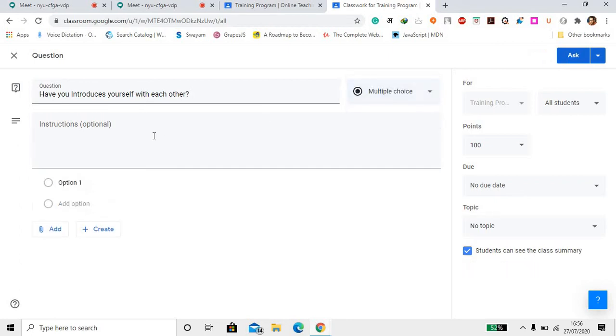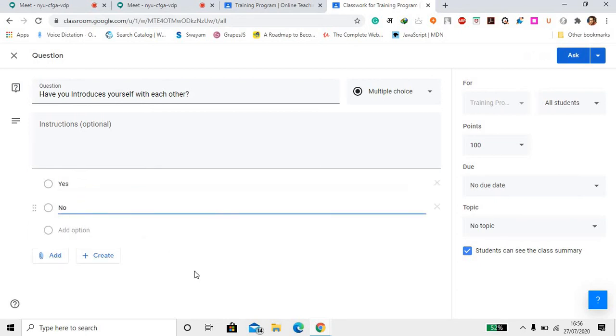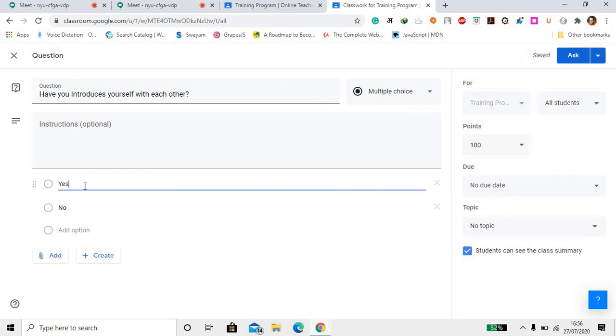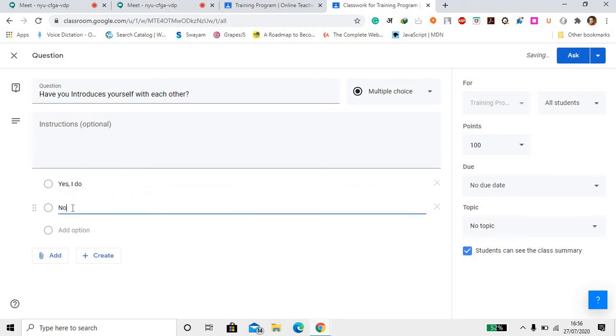I'm going to click multiple choice, and I can give options like yes I do, not yet. Okay, simply you can create a question like this, and on the right side you will see a different panel,